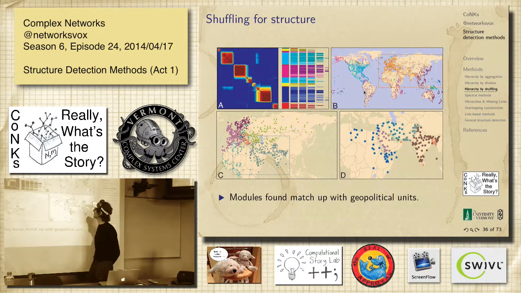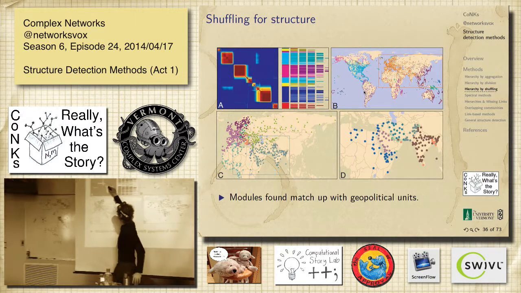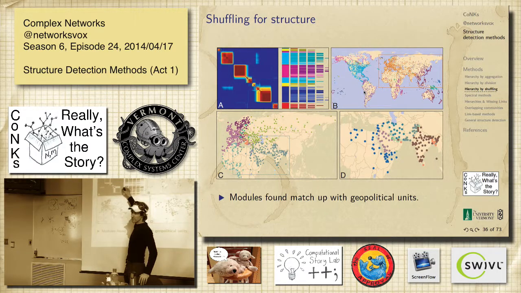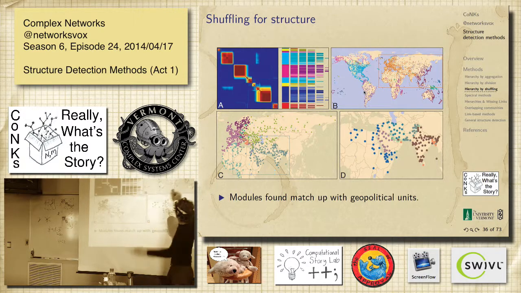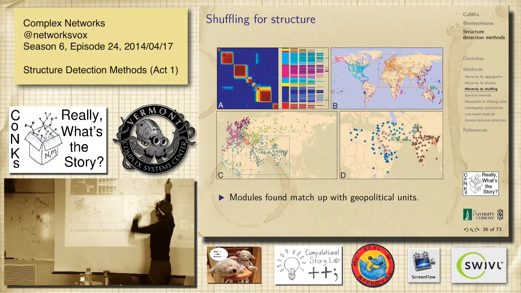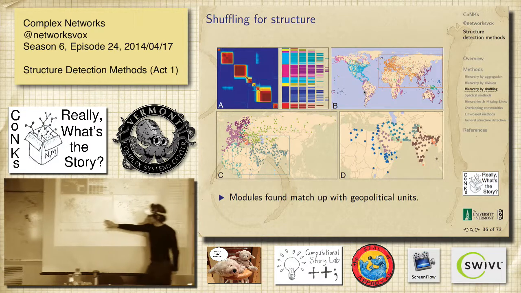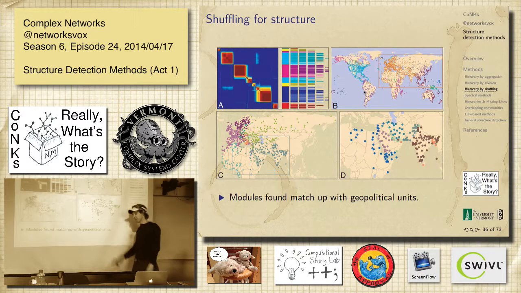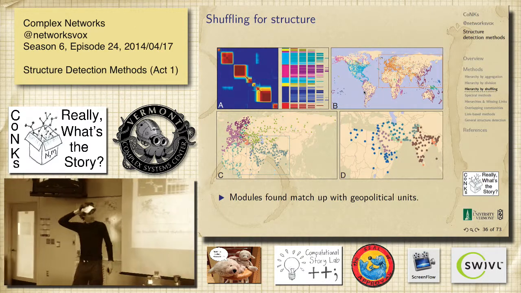So you can see modular structures for the airline network. There are these big connective pieces, and then many layers of modularity here, right? 1, 2, 3, 4, 5, even down to here. So this is the whole world, and then they take this part, which is Africa, up through Asia and also Europe, and then you have these different pieces within there, and they've got this bit blown up. That's something that you would expect to have reasonable hierarchical structure, and it finds it.